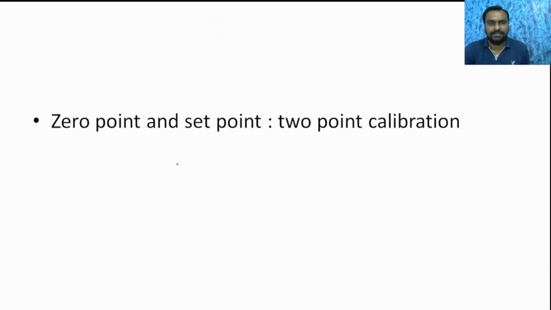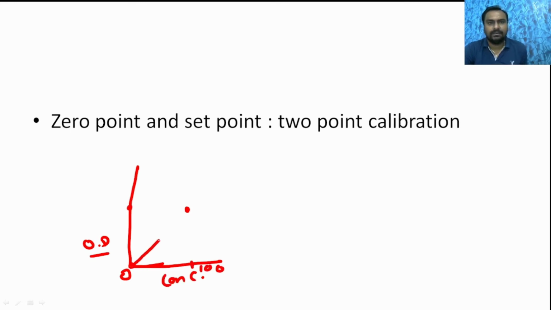In normal calibration, there are 2 points of calibration. One is set at 0 and the other, suppose, is set at 100. Here there will be optical density and here will be the concentration. Suppose we get the concentration of 100 and we do the 2 point calibration. The values in between the 2 points will be okay, but what about the other points above those points? Your graph may be linear or may not be linear.